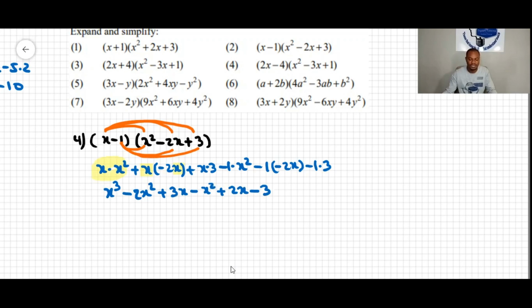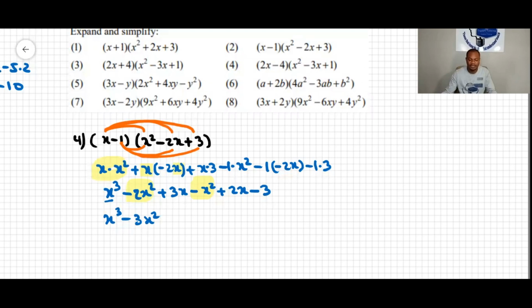Now we have like x cubed here, and then negative 2x squared and negative x squared will make negative 3x squared, and we can also combine other like terms in the expression, like